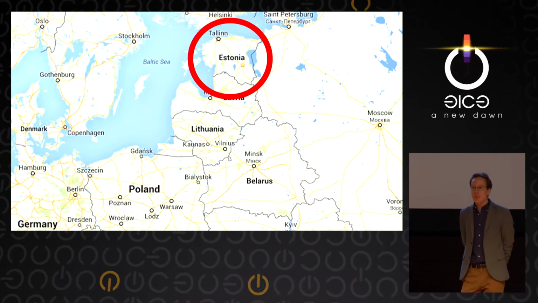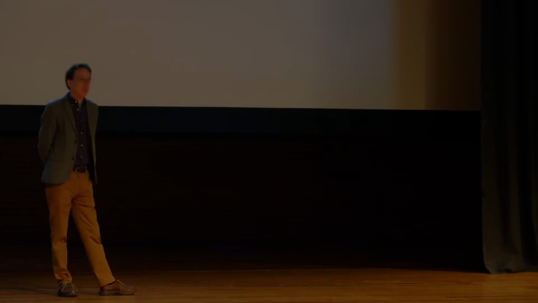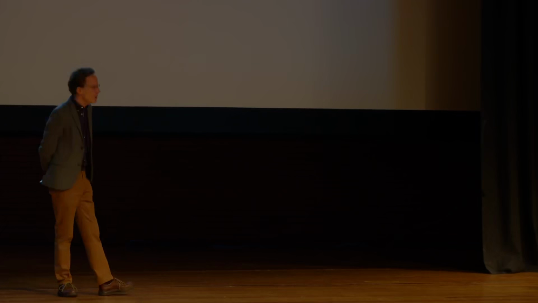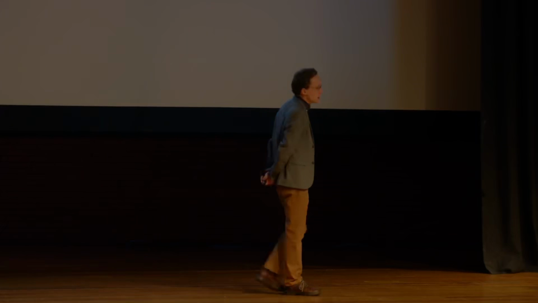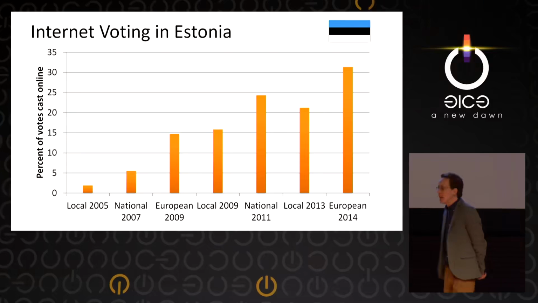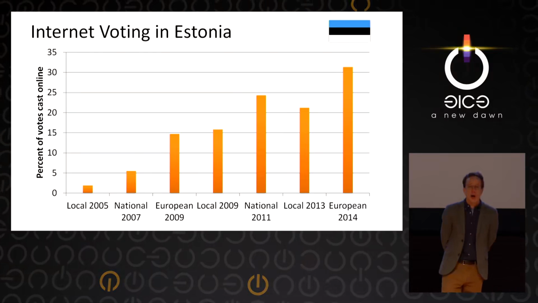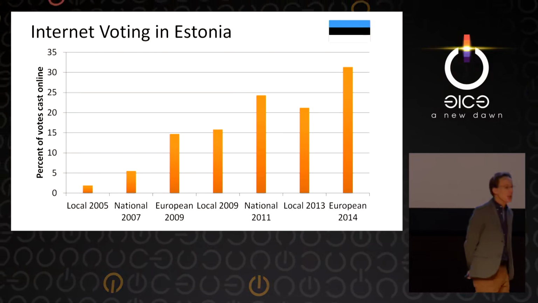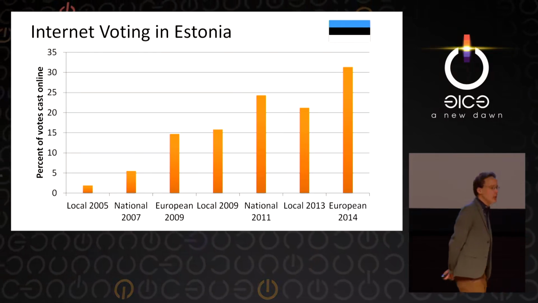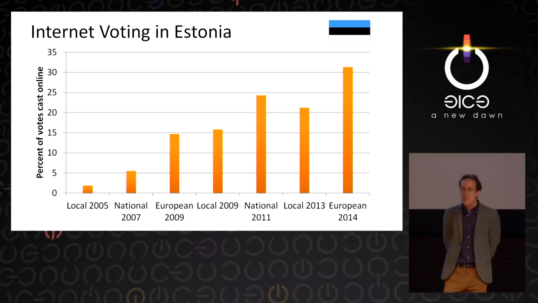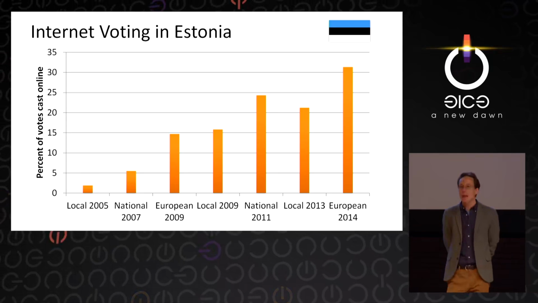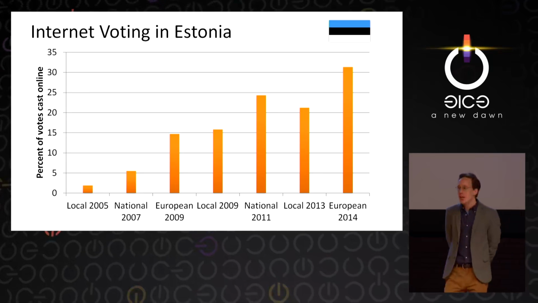So within that context, it's a little less of a surprise that a country like Estonia would be experimenting with internet voting. And yet Estonia has done more than just run a few trials. Over the past decade, they have now conducted, I believe, seven elections over the internet, including the most recent election in May of this year for European Parliament, where more than 30% of all votes were cast over the internet. That's just incredible.